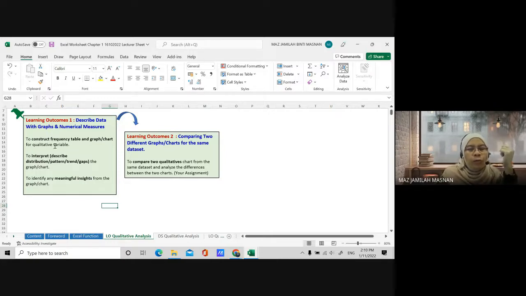Okay, so what you are going to do first is to construct a frequency table and graph for qualitative data. Then you have to interpret the graph that you have generated from the data. And then finally, identify the meaningful insight from that particular graph or charts that you have generated from the secondary data. Once you have covered learning outcome number one, you are going to follow with learning outcome number two,